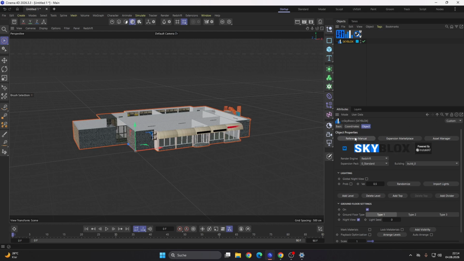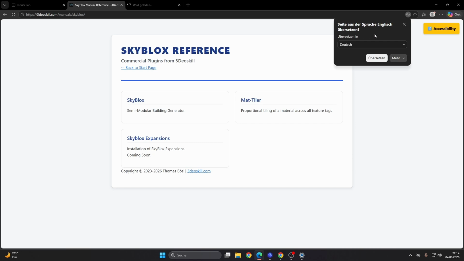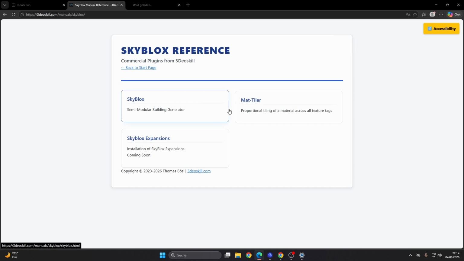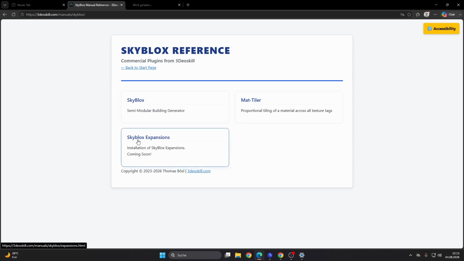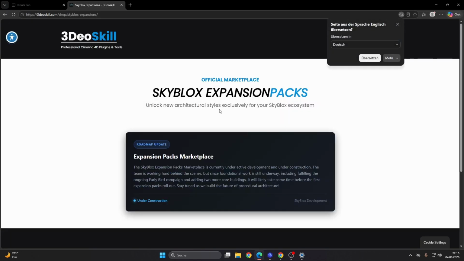Here you can find a reference manual button, which opens directly the reference manual for Skyblocks. Here you can read everything yourself. Skyblocks, the Mat Tiler, and something about these Skyblocks expansions. Expansion Marketplace, you have a direct link to the Expansion Marketplace. Check from time to time if there are new expansion packs.